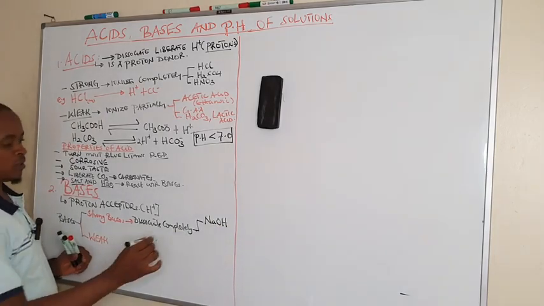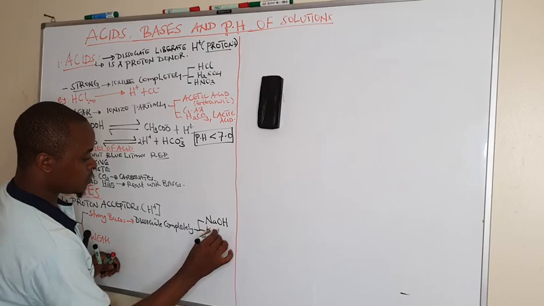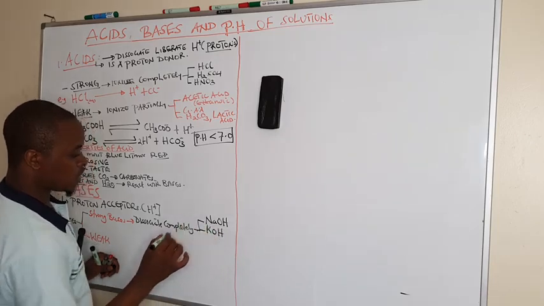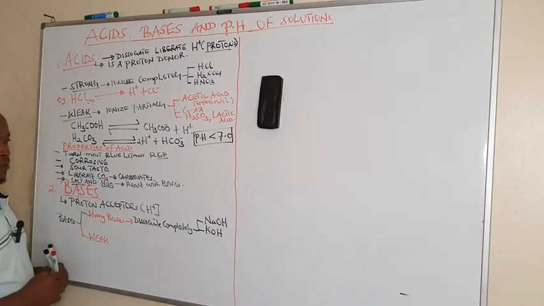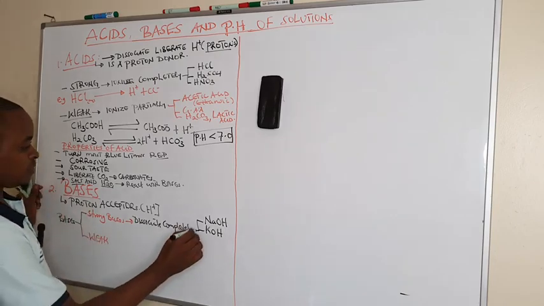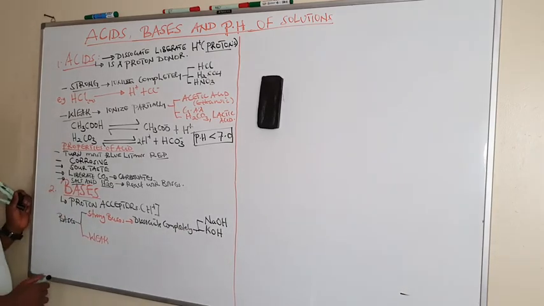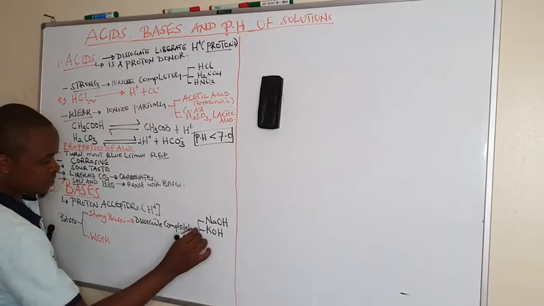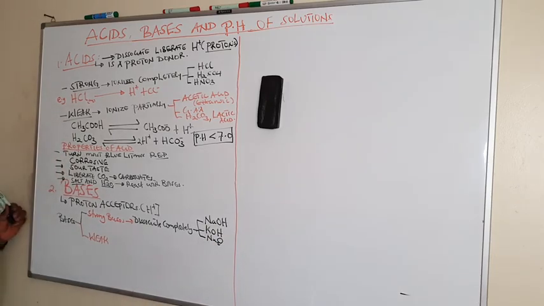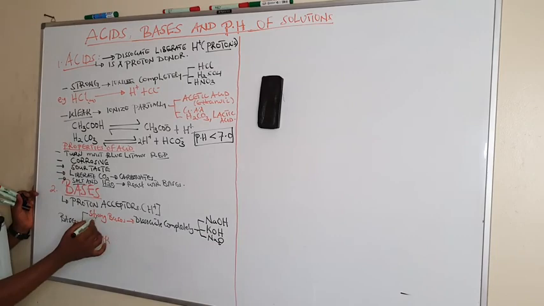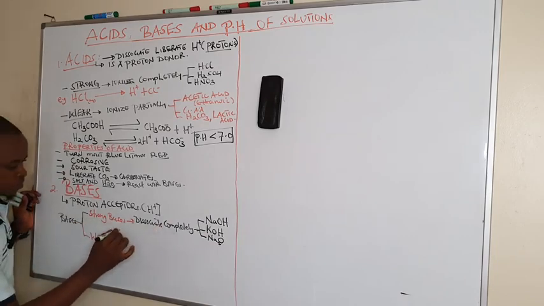hydroxide, potassium hydroxide. These are the peculiar examples of strong bases: sodium hydroxide and potassium hydroxide. So these are the peculiar examples of bases. Then even sodium oxide is a base. Then other examples. So what we are saying is that these strong bases dissociate completely, for example,